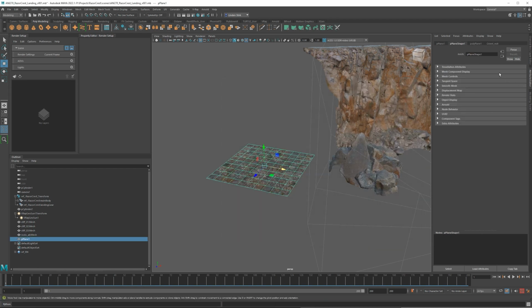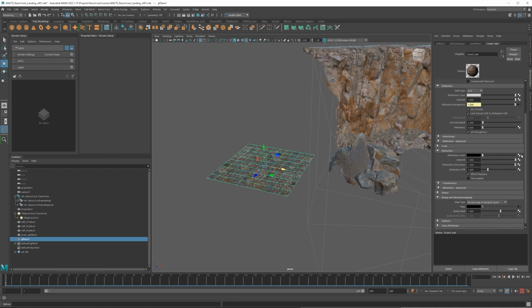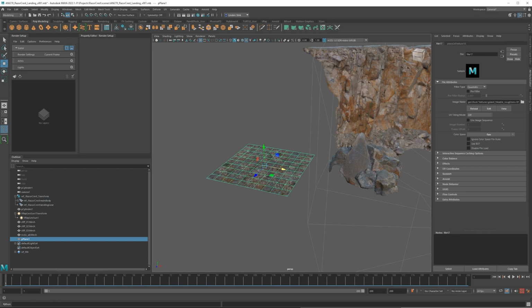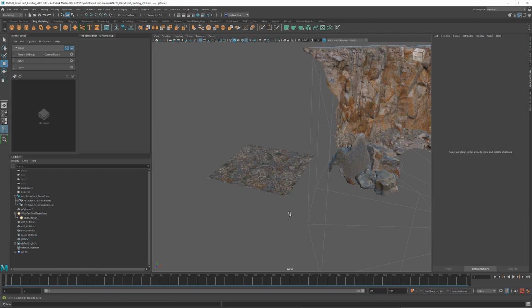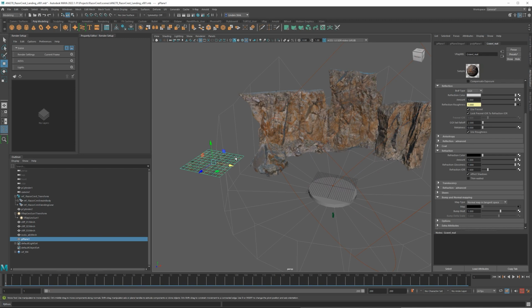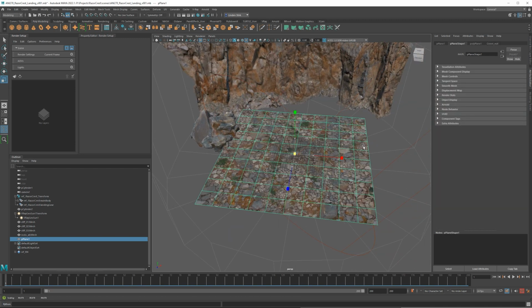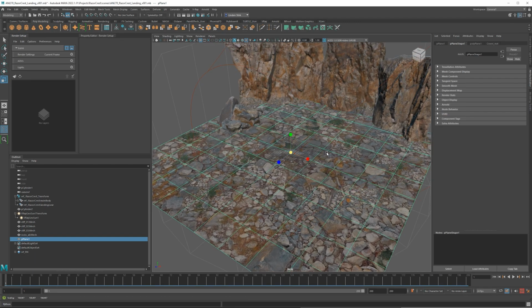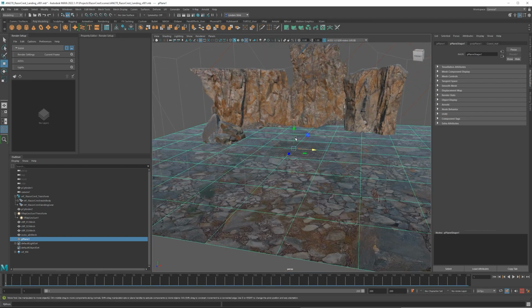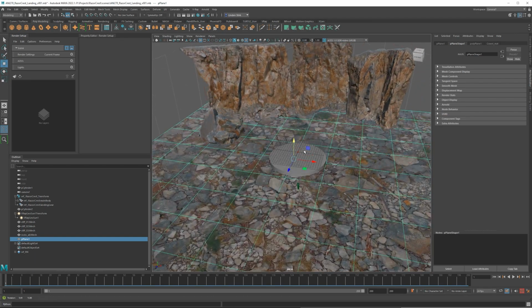And now if we go back to the gravel mat, reflection roughness, it's changed there. If I try to change it back, it will change, but if I reload it, it'll get reset. Okay. This is a useful thing. I should have probably shown you that in the previous video, but it's something that will probably be useful as you progress throughout the course. I wanted to show you some quick texture tricks on this.